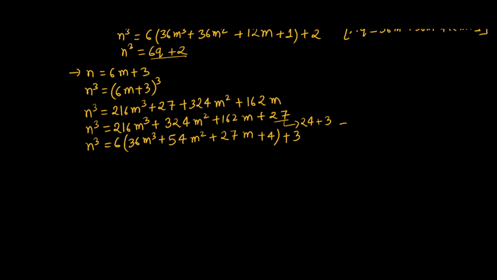So from here we can write q is equal to 36 m cube plus 54 m square plus 27 m plus 4. So q we have written, so n cube is equal to 6q plus 3, which is in the form of 6q plus r, where r is 3. So we will now take